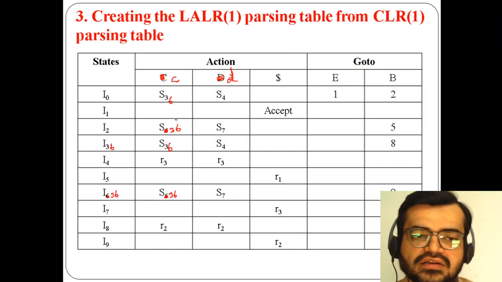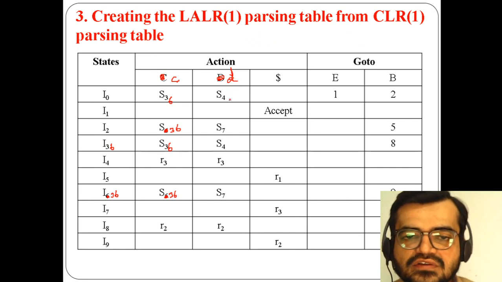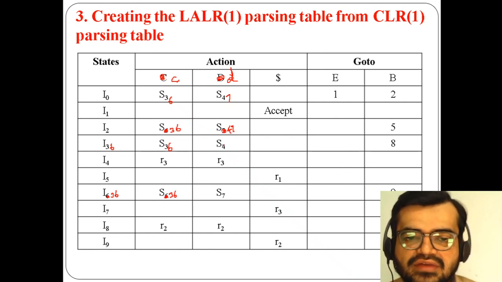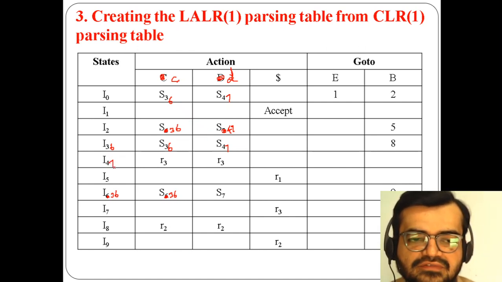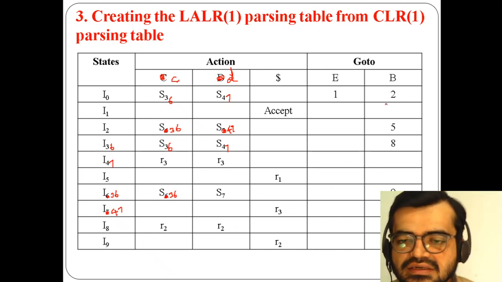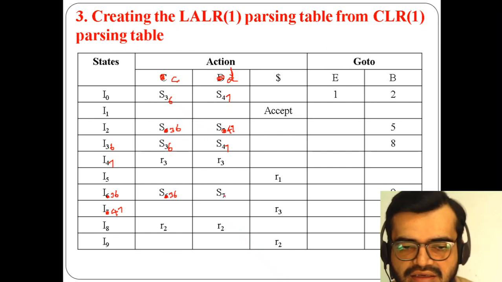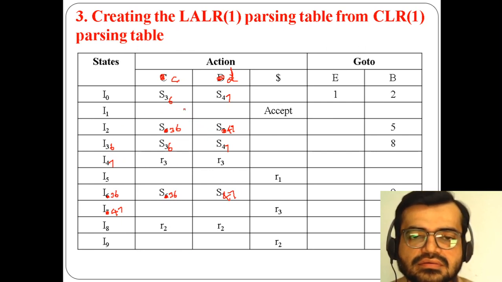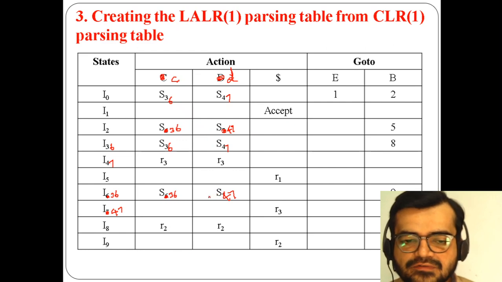47 also we need to merge. So wherever 4 is there, we need to make it 47. So here 4 is there, 47. Wherever 7 is there, we need to make it 47. Wherever 4 is there, you need to make it 47. Wherever 7 is there, you need to make it 47, and that's it, right? Here also it is there, so we need to make it 47. Okay, so we have performed it in this way.